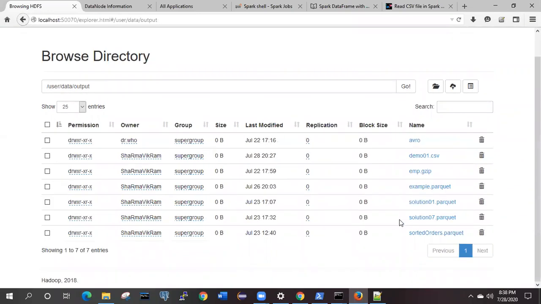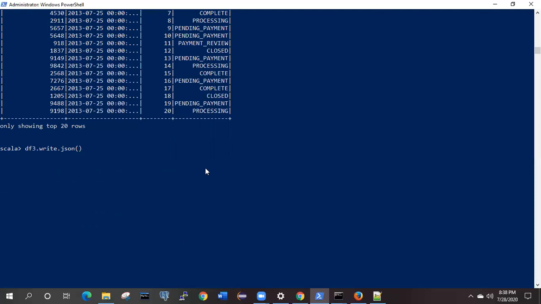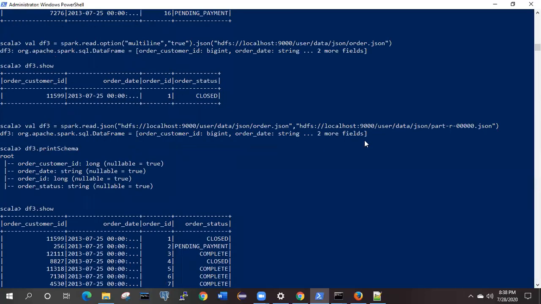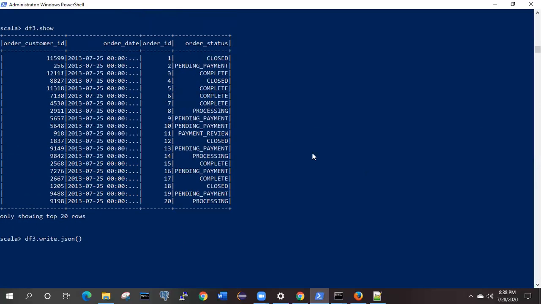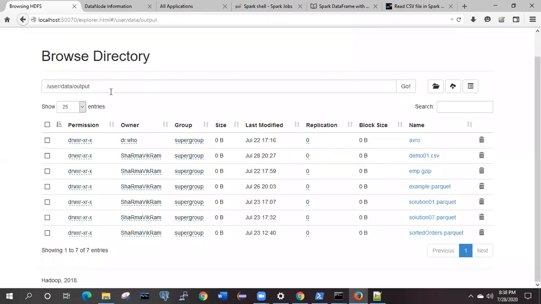So here in the user data output, let me copy the location first. Inside the data output we need to specify some output, then some file name for that one.